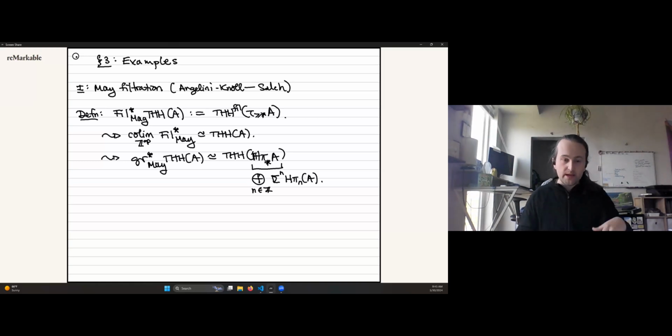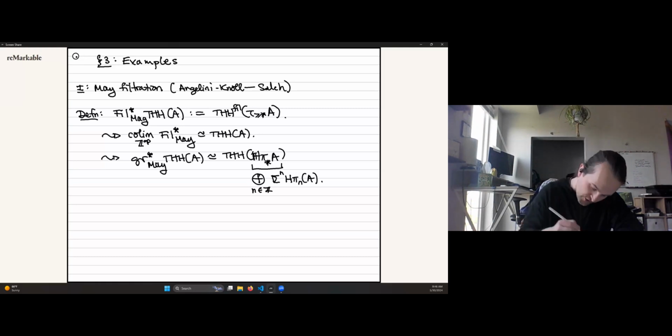And just really quickly, the one line of why this is useful is that if you have a ring spectrum whose Whitehead tower you understand, this can allow you to take information about THH of Hπ_*(A), which is sort of an algebraic thing that's closer to algebra than the ring spectrum A itself, and then you can try to use this to prove stuff about THH of A. And just as a sample application,